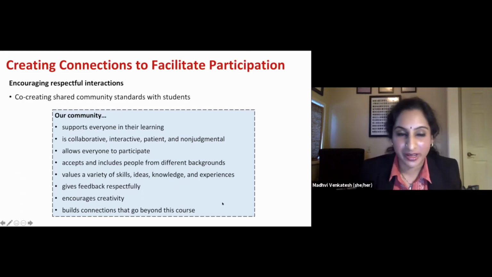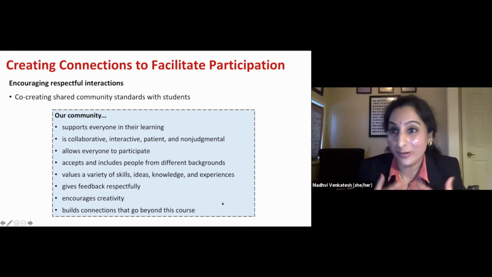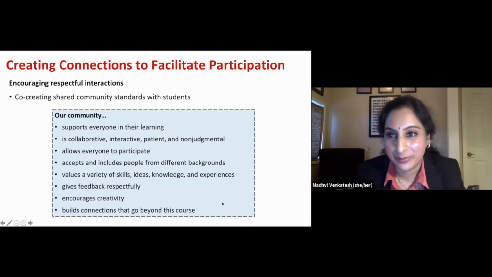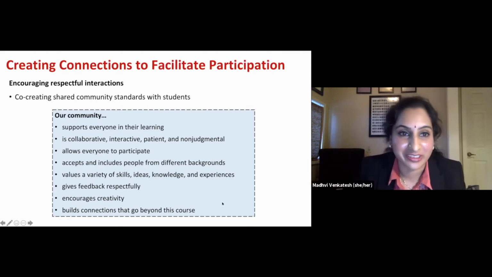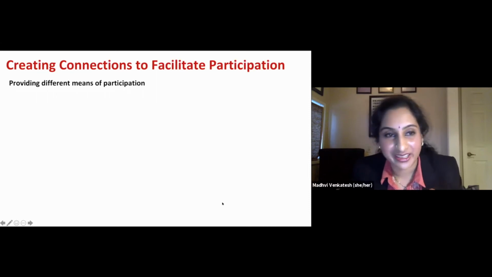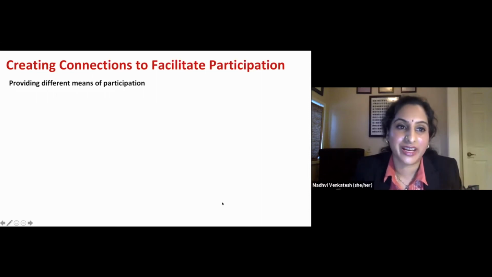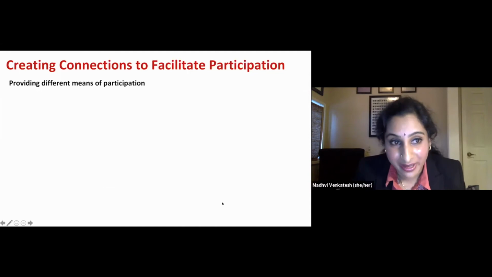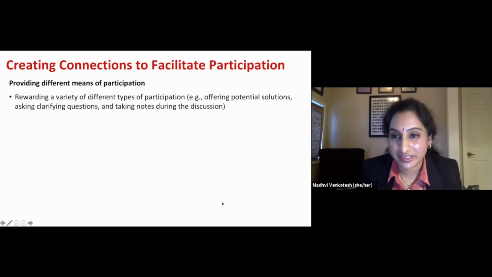Students brought up great things that we also wanted for them. They wanted it to be supportive and non-judgmental, wanted everyone to be able to participate, wanted to see diversity being valued and everyone being respectful. Using that as a basis, we wanted to provide different means for students to participate so that they could engage in the ways that felt most resonant with them. We were very intentional with them about